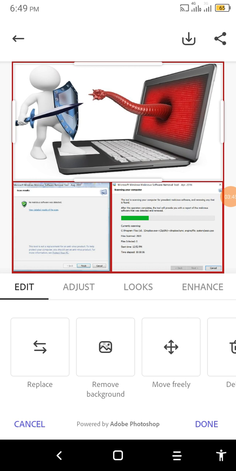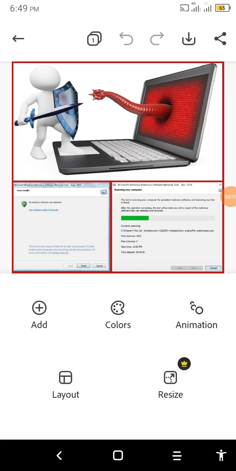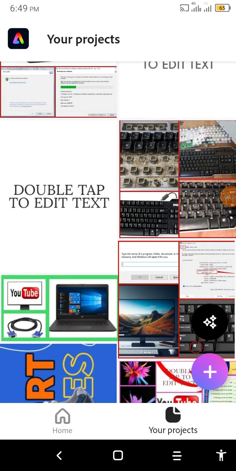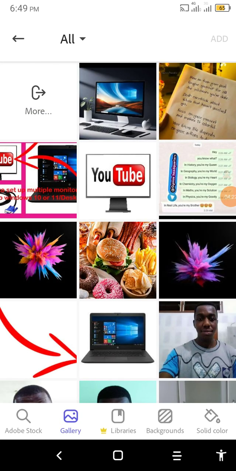Before you do the thumbnail, you need to get your pictures in your gallery or on your phone storage before you can do that. So if you don't have it, you have to have it first before you open the Adobe Express. So here I'm going to show you how to do it. Because you are going to start a new project, you hit on the plus button below the right corner,